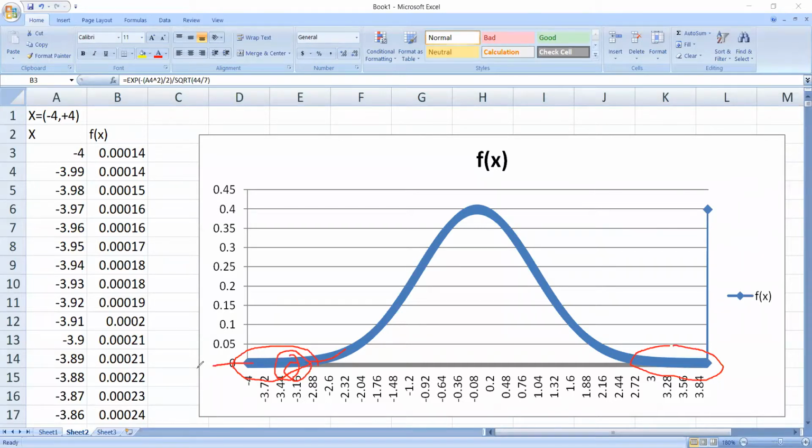Now, if you extend this to minus infinity and plus infinity, it will follow the line y is equal to 0 on either side. So if you pick any such variable for a normal curve, you are observing that the values start from minus 3. And though you could say I have taken only x from minus 4 to plus 4, what if you have x as a different set of variable and mu is something, sigma is something? Now to answer that question, I'll take you to the next exercise.